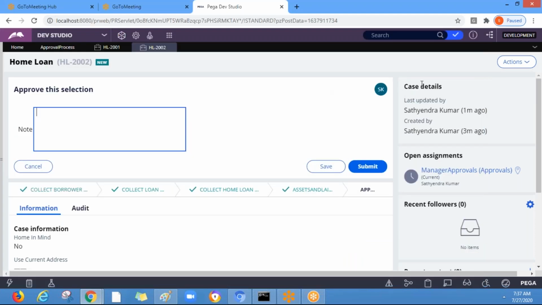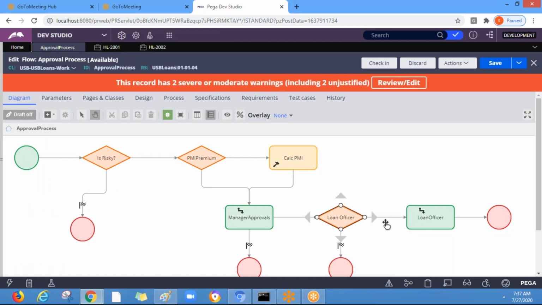Now, if it is withdrawn, it will update the status stating that resolved withdrawn. If it is approved, it goes based on the conditions we defined. So here, if it is auto loan, it will not go.